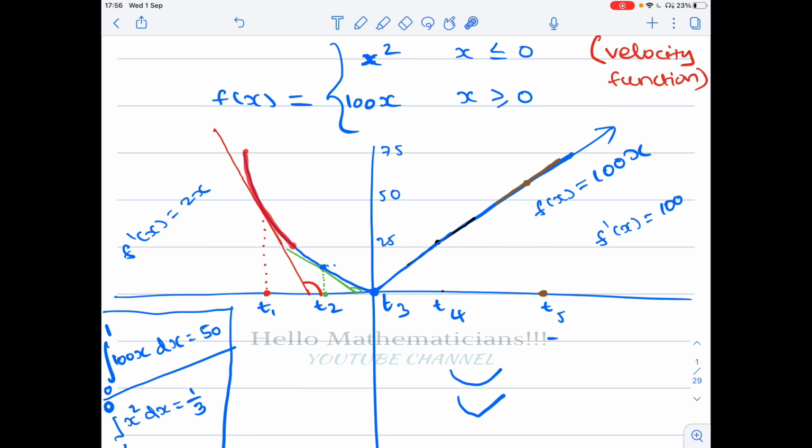Suppose you consider this function, for example f of x equals x square. Here it is 0, and then the velocity is increasing gradually, and the acceleration also you are giving slowly, increasing the acceleration. That is fine, that is a smooth process. Therefore such functions are differentiable at the origin. But here the problem is the sudden rise in the acceleration. If you try to imagine this interpretation, you can understand the derivative much better.